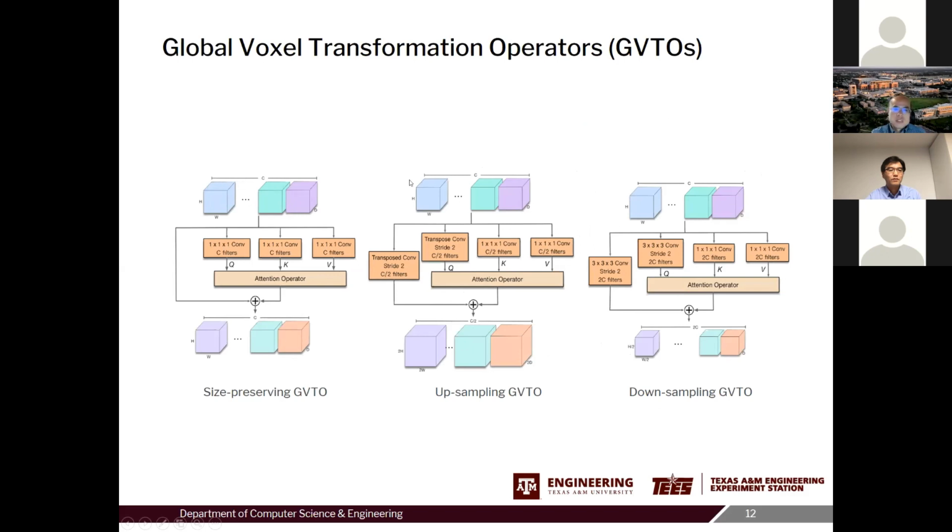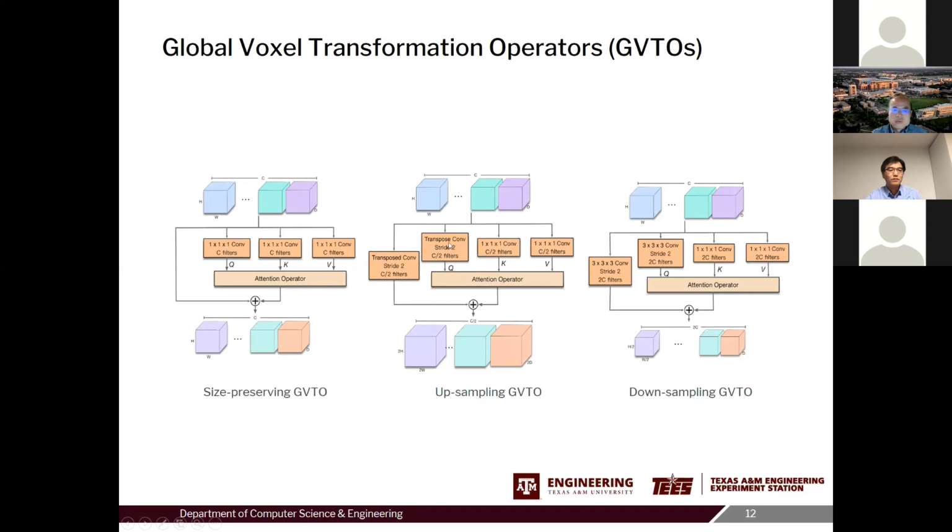But in the UNet architecture, we know that we need operators that perform upsampling and downsampling in the encoder and decoder. So in the upsampling case, the key observation here is that the size of the output will depend on the size of the query. So if you have n queries, you have n outputs. If you want to produce a larger output, you have to produce a larger query.